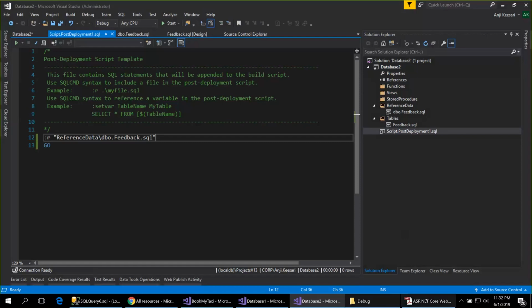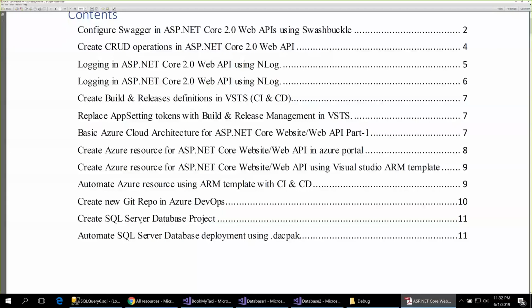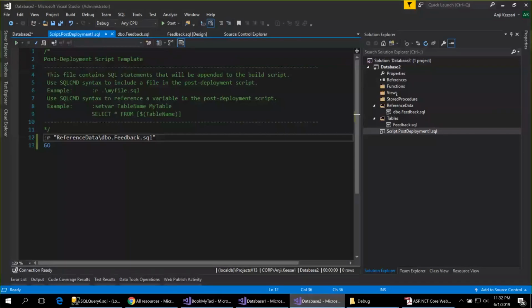So we covered how to create a database project. If you are creating tables, views, functions, stored procedures, create the respective folders and create the tables. You create the post deployment and keep the static file to deploy the master data during the database project execution. So as part of this session, let's talk about how to automate the SQL database deployment using the Microsoft